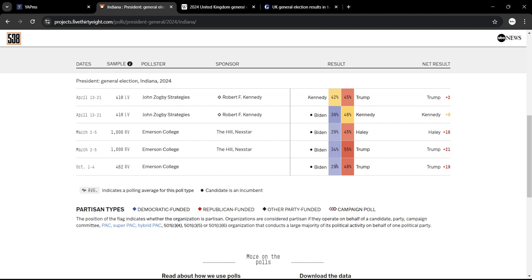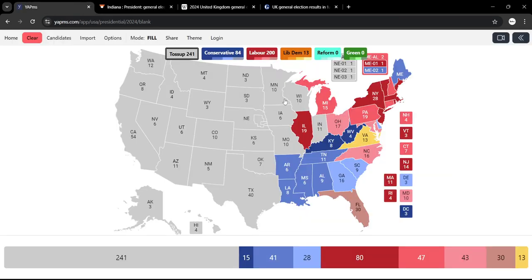Indiana, yeah, I mean the Democrats are nowhere in Indiana. Maybe you could slip it to Conservative. Immigration is a problem in Illinois, so maybe Reform would probably be a second place party in Illinois, but it wouldn't be enough. Wisconsin,